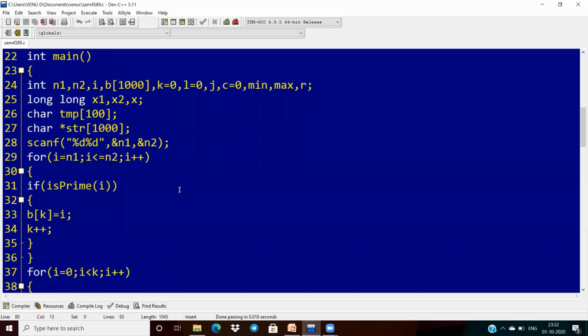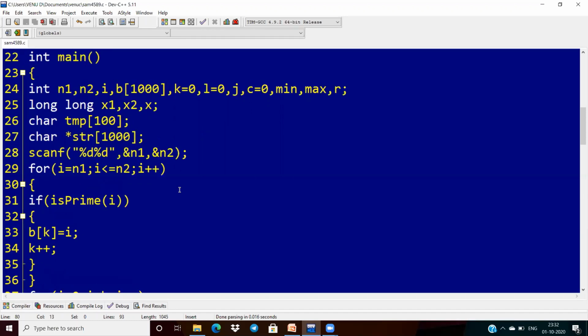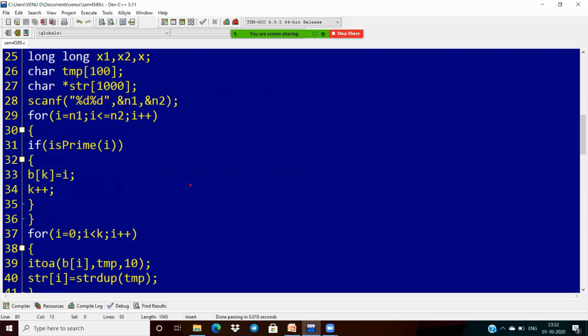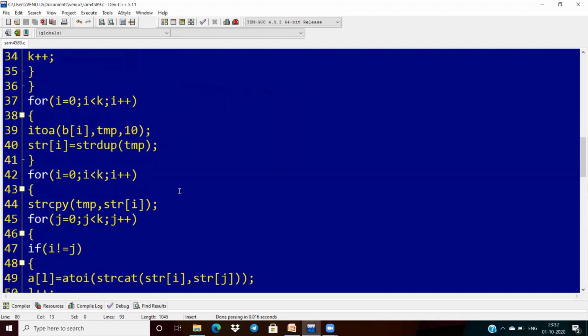First of all, I want to display the list of all prime numbers, so I have to store all the prime numbers into the array B. After that, I have to convert each and every number into string type.